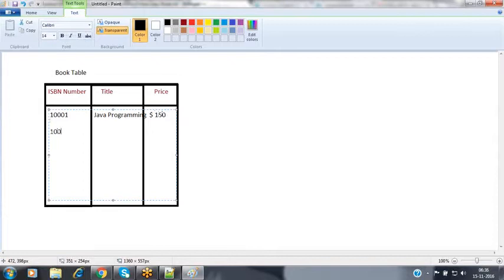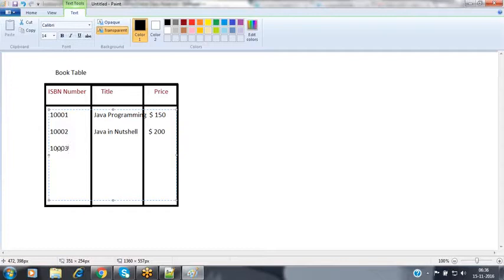The second book, 10002, is Java in a Nutshell, and it costs $200.